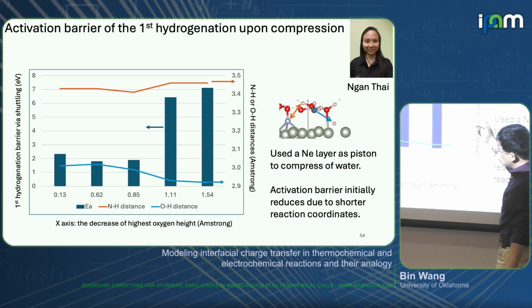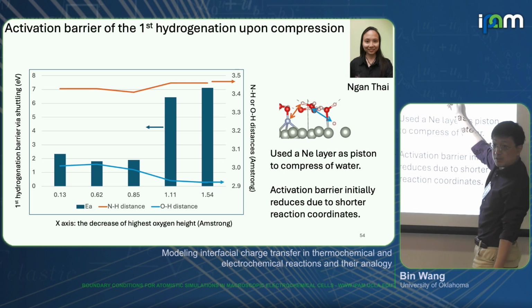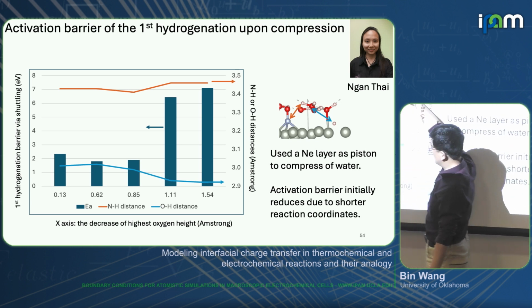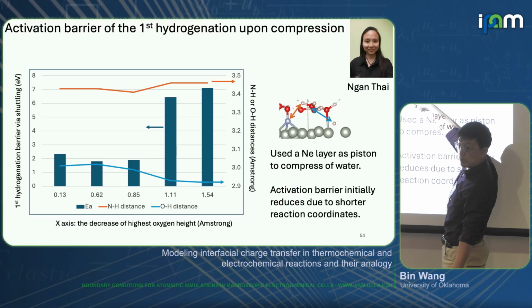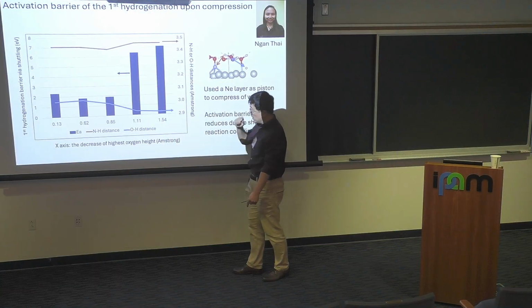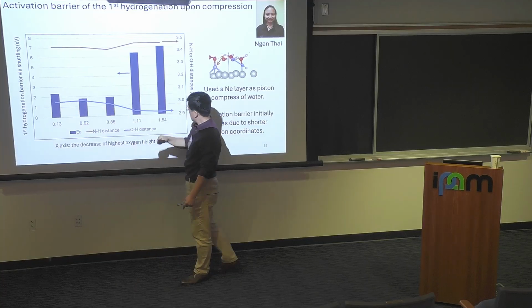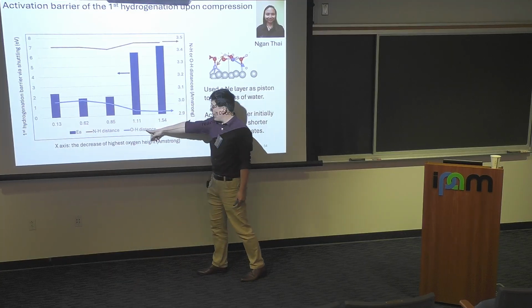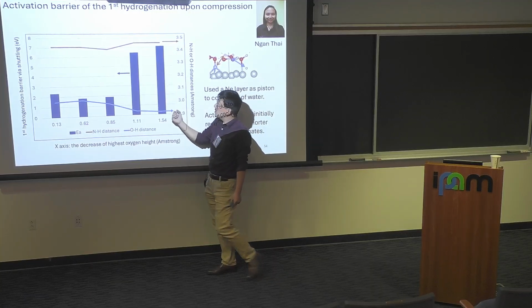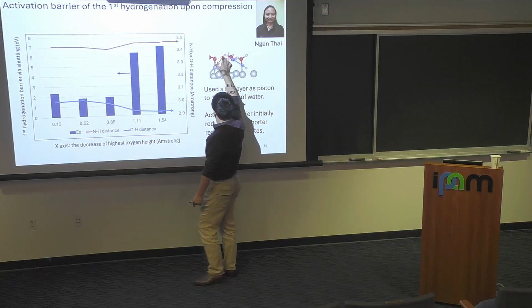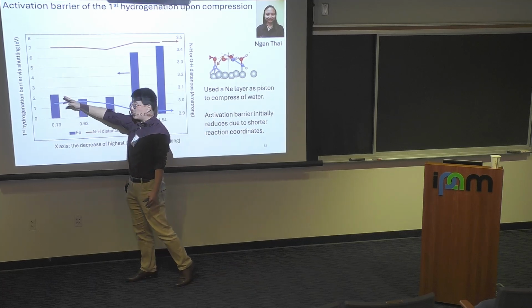And then the y-axis shows the distance between the OH, which is this water, and this hydrogen. The other one, the red one, is the NH, which is the nitrogen and this hydrogen. So where the hydrogen goes and where the hydrogen will end up, right? We plot these two distances. With a little bit of compression, I can see that my OH distance reduced a little bit, on the order of about 0.1 angstrom. Similarly, the hydrogen-nitrogen distance also compressed a little bit. As a consequence, the barrier reduced a little bit.